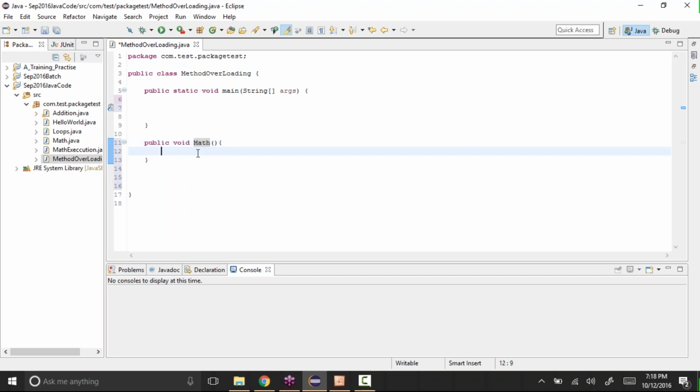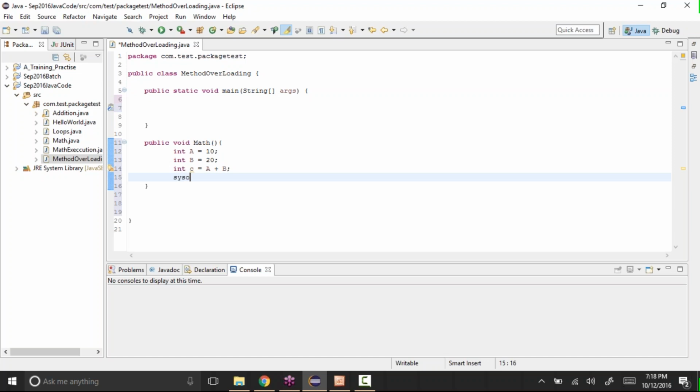Let's say I will not pass any parameters to it, and I'll just say int a equal to 10, int b equal to 20, and int c equal to a plus b.